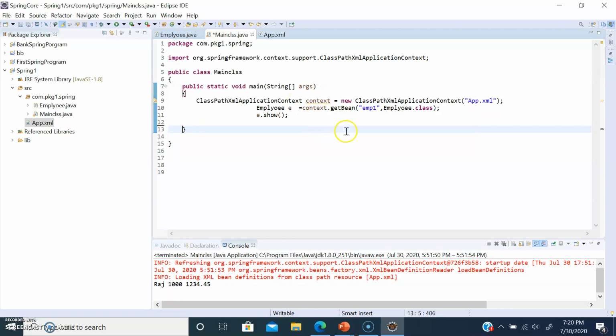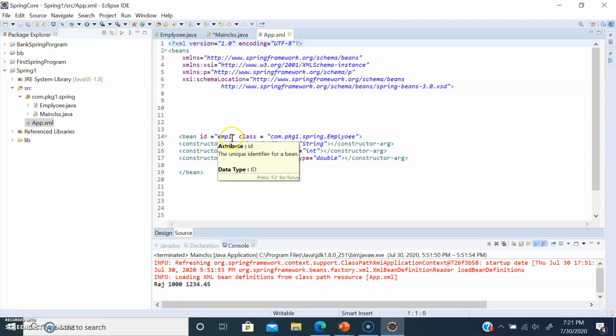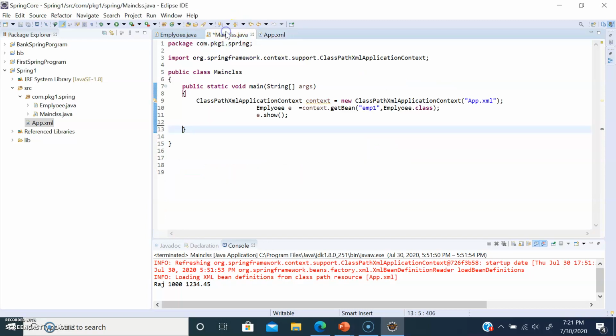By using the reference variable, we call getBean, and first we have to give the bean ID. The bean ID I have mentioned here is emp1, so the same ID I have to mention here. The getBean object returns the information of the Employee class.